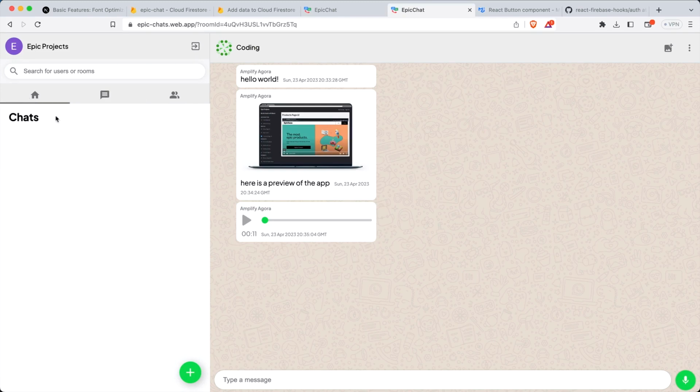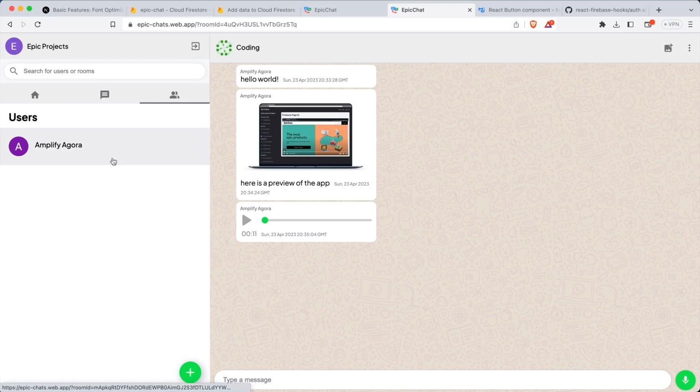As we know, we're going to have chats that our currently authenticated users are active in and participated in, all of the public rooms, as well as all of the users that the current user can chat with, meaning not them. We're going to see in future lessons how to create all these with actual data from our database. But at the moment, we need to have some dummy data to populate this as we create the basic structure